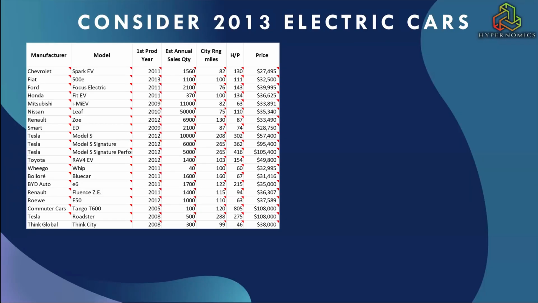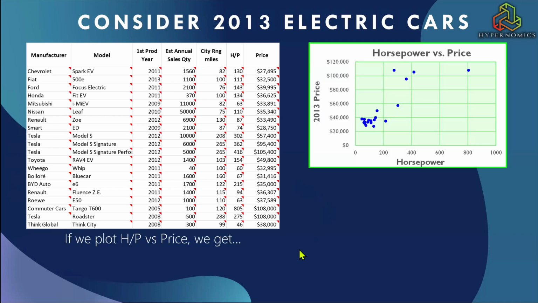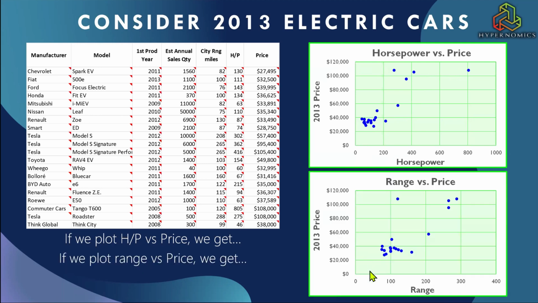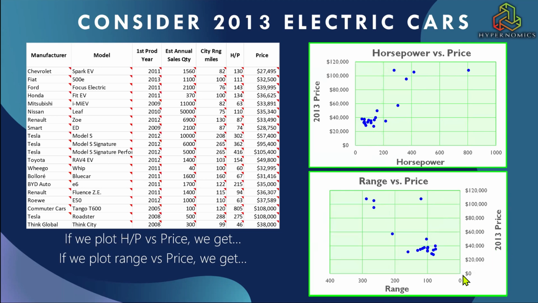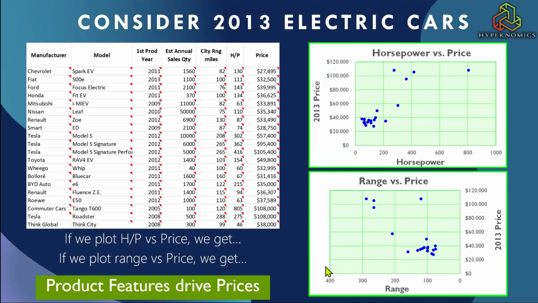So in 2013, for example, there were these electric cars here. There's the first year they were produced. There's a quantity, a range, a horsepower, and a price. If you were to plot horsepower versus price, you get this chart here in the upper right-hand corner where you see that generally as horsepower goes up, the price goes up along with it. And then if you were to plot range in the same fashion, as you add range, the price goes up. And usefully, if we wanted to, we could reverse the axis, instead of going from left to right, make it go right to left here, and we can get the same kind of response. So these product features